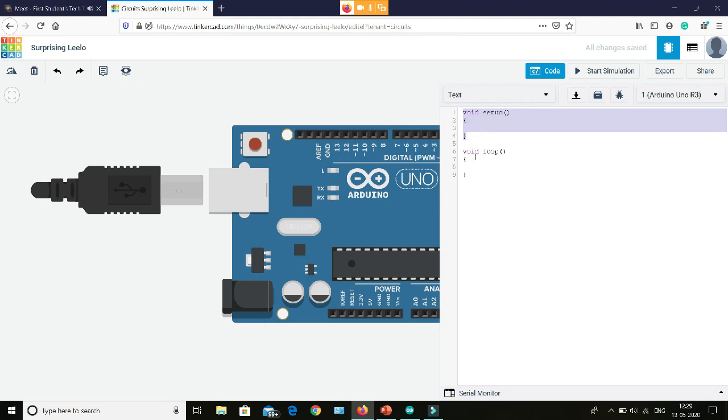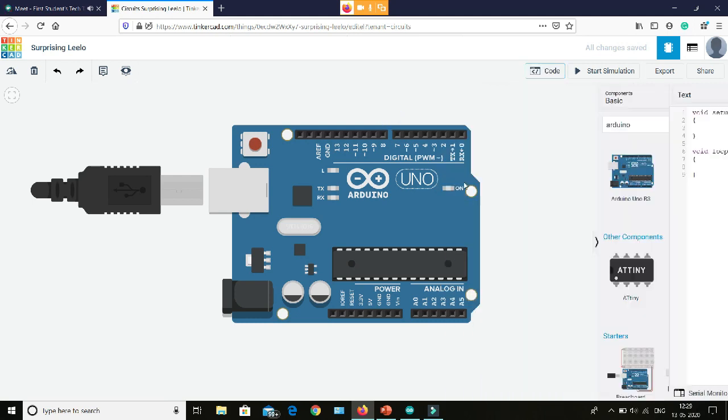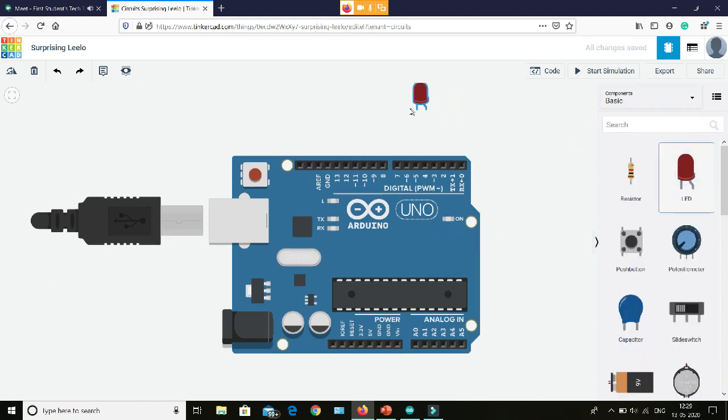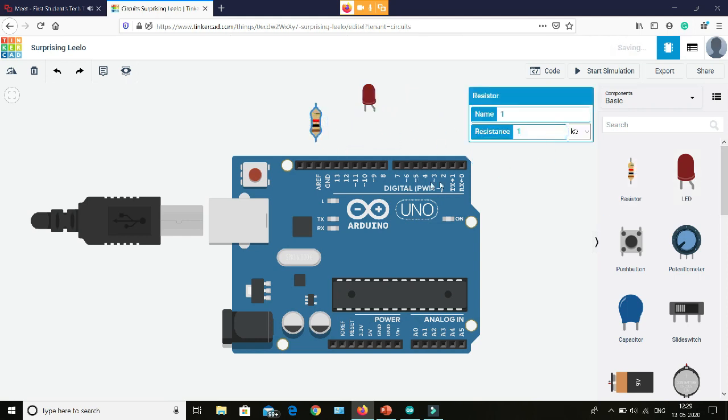Let's take a look at what we can do with the Arduino. First of all, I am taking one LED and one resistor. We will take a look at all the basic aspects of Arduino one by one. First, we will see what these digital pins are.